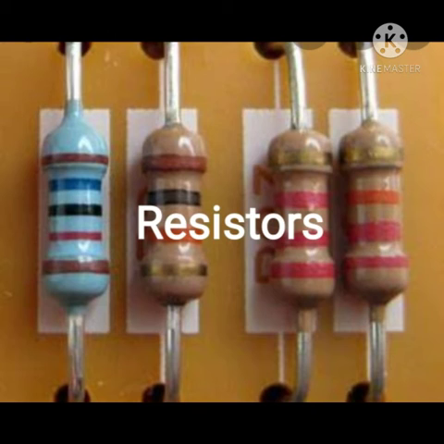Now we'll study about resistors. A resistor is an electrical component that limits or regulates the flow of electric current in a circuit. The resistor can minimize the current and is measured in terms of its resistance. It is measured in ohms. Resistors are made up of a variety of materials like carbon, metal, or metal oxide film.